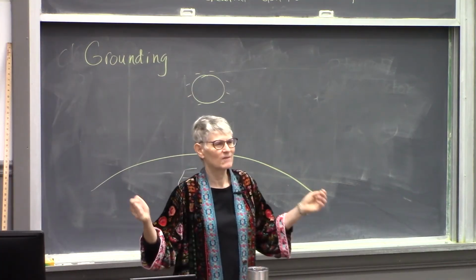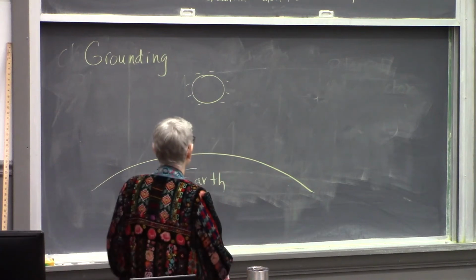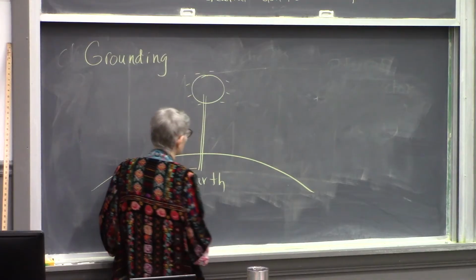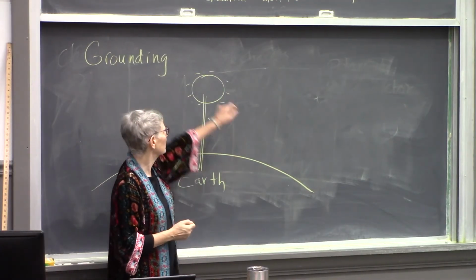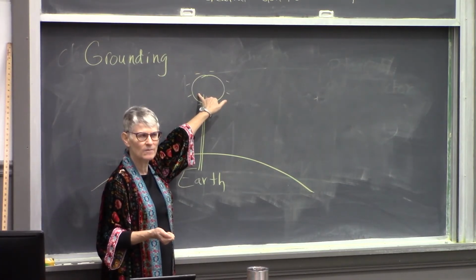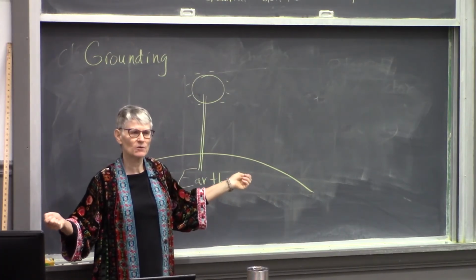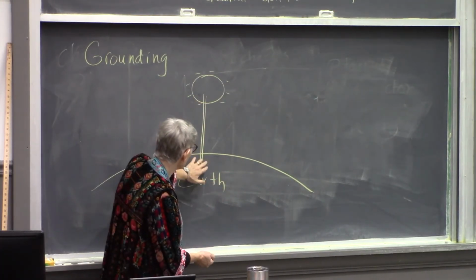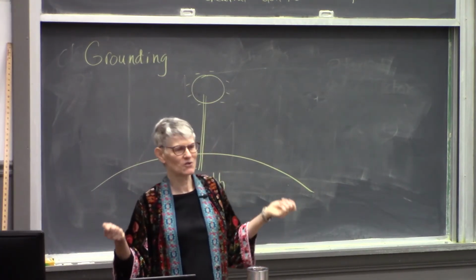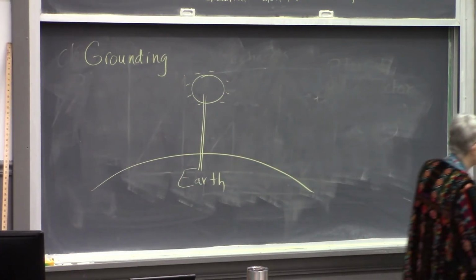Now the Earth is wet and has lots of ions in it. So if we connect this by a metal rod to the Earth, what's going to happen to these excess electrons? They're going to spread out to get as far away from each other as possible, presumably. So they're happy to flow down this metal rod into the Earth, and then they have a very large surface to spread out over. They have such a large surface to spread out over